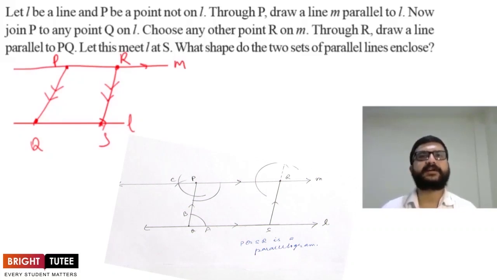So in this session we have learned how we can draw a line which is parallel to any given line and passing through a point which is not lying on the line. Now in the upcoming videos we are going to learn how we can construct a triangle with given dimensions.